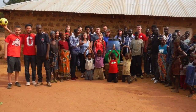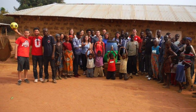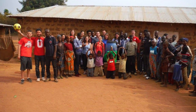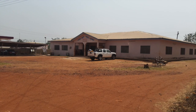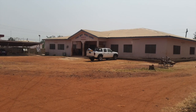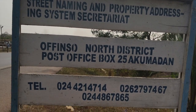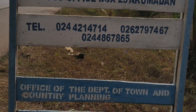As a team of engineers, we are primarily interested in bringing a sustainable project to the Afenso North District in the Ashanti region of Ghana. A few months before our trip, our Professor Roger and Joe Campbell joined the Afenso North District Assembly, otherwise known as ONDA, the governing body of the region we visited, and they assessed some of the major needs of the